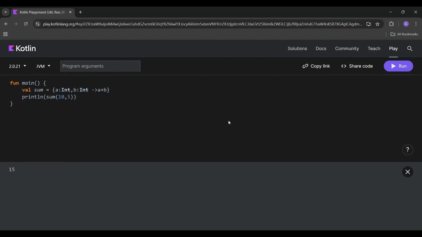The next concept is conditional statements. What are conditional statements? In Kotlin, conditional statements like if, else, and when allow you to control the flow of execution based on specific conditions. For example,